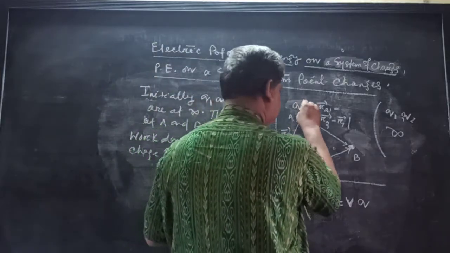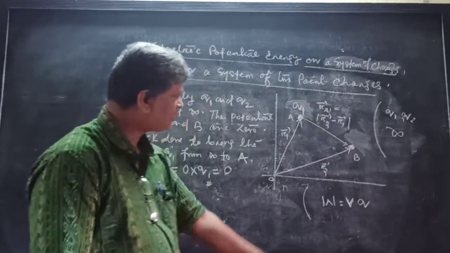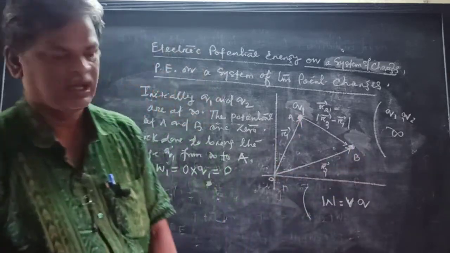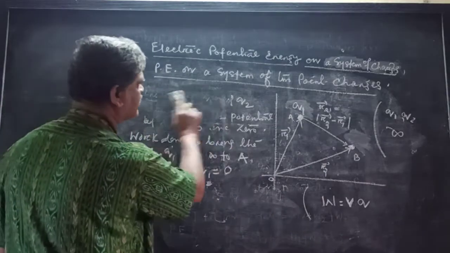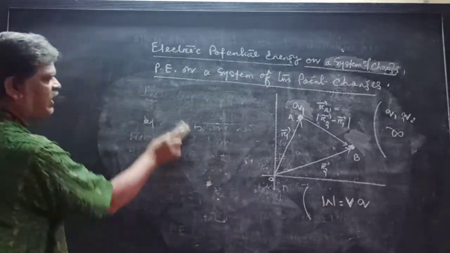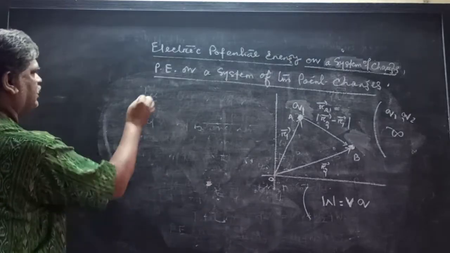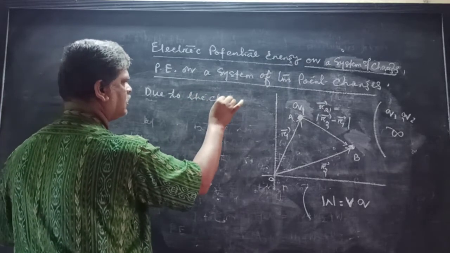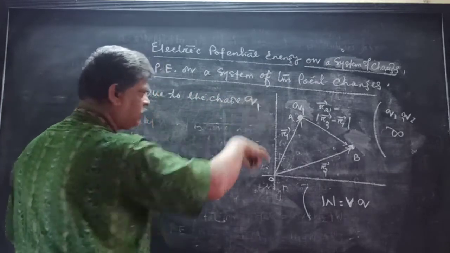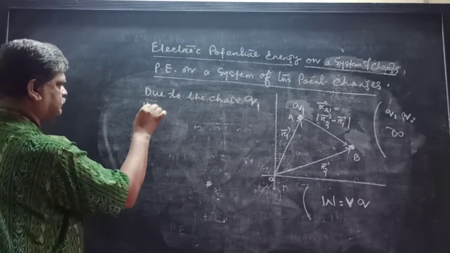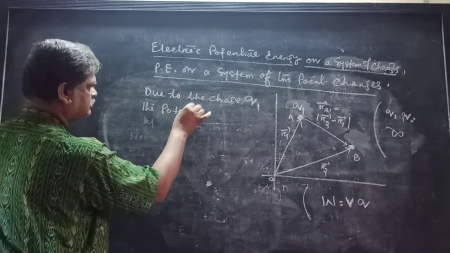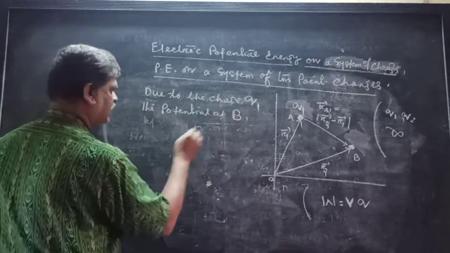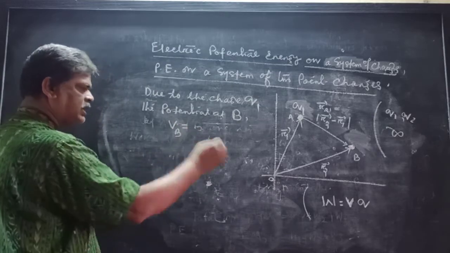Now the charge q1 has come. Then at present, B is in the field of A, so a potential is created at B. Due to the charge q1, the potential at B, VB, is equal to